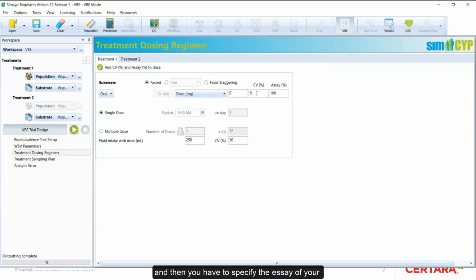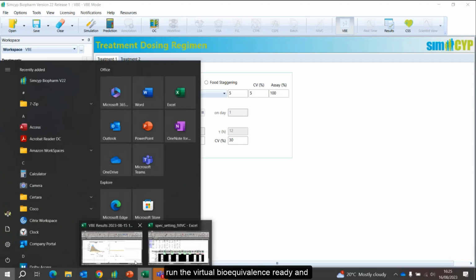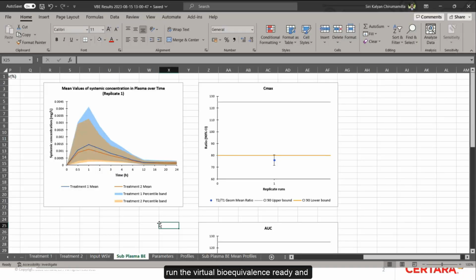And then you have to specify the assay of your test product and reference products, and also the UOD of your test product and reference products. So once this is done, we can run a virtual bioequivalence trial. And for this case, I have already run the virtual bioequivalence study, and this is the output for